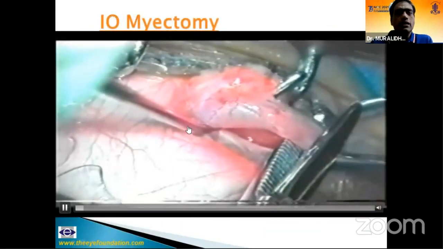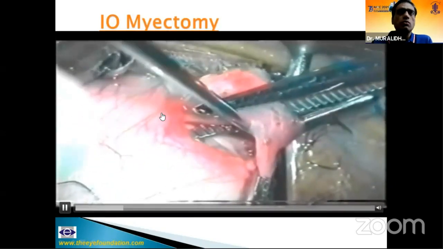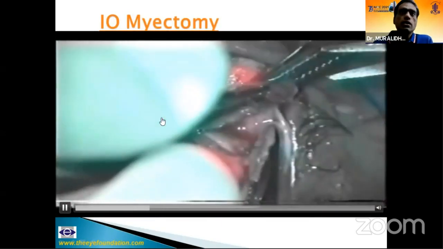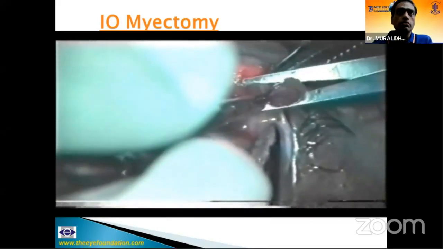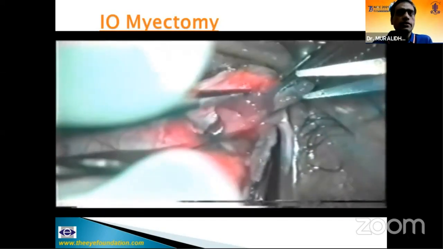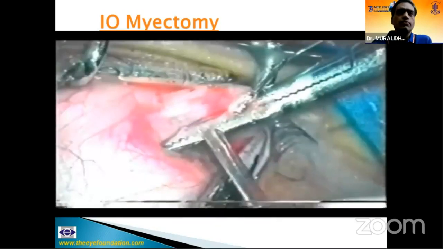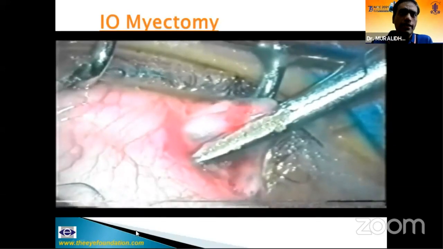Inferior oblique myectomy is largely of historical interest. I rarely do it, primarily because if there is a residual overaction of the inferior oblique, you really have trouble looking for it. Sometimes you're not able to find it, sometimes you're able to find it. It's an unpredictable procedure. It has been touted largely for its auto-adjusting properties, but primarily it is of historical interest, and I have very rarely done it.